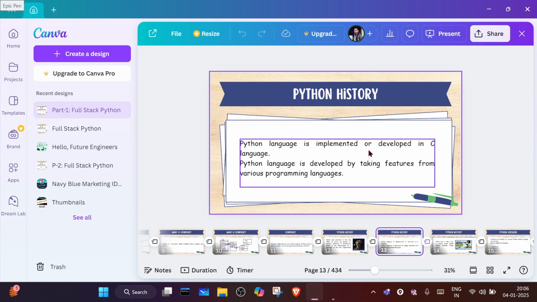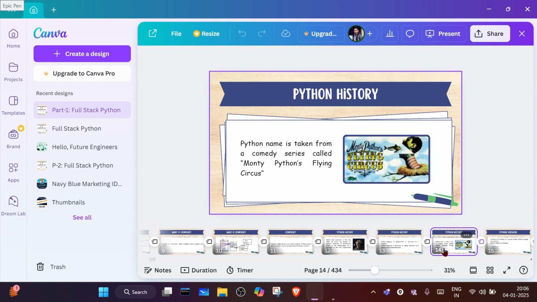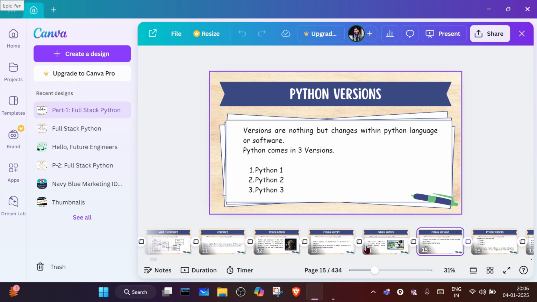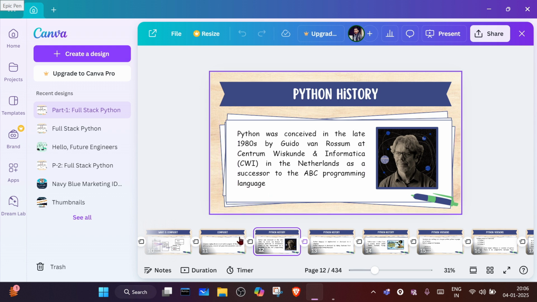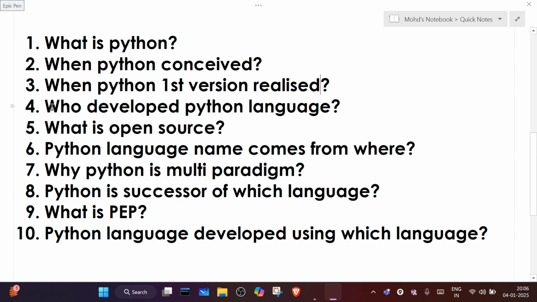And the first version of Python, where is it? It is not written here, but if you Google it, you will find the first version of Python was released in 1991. So that is the correct answer. Who developed the Python language? The name of the developer? Guido van Rossum.